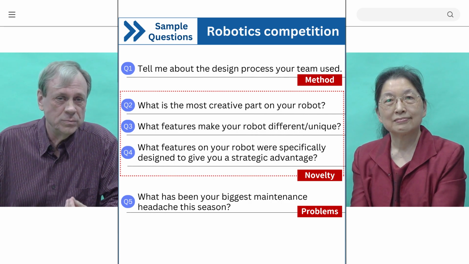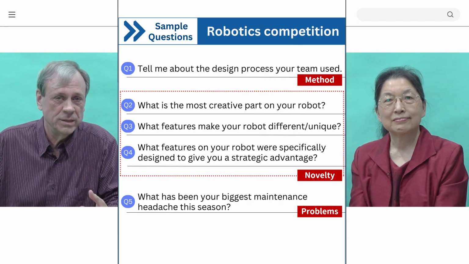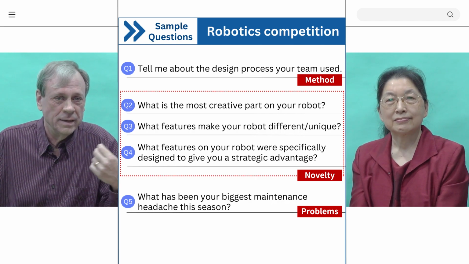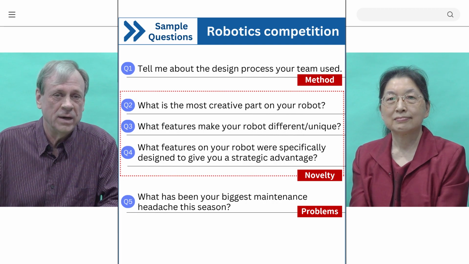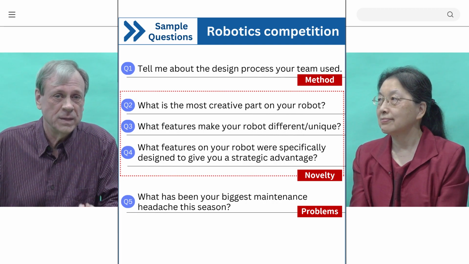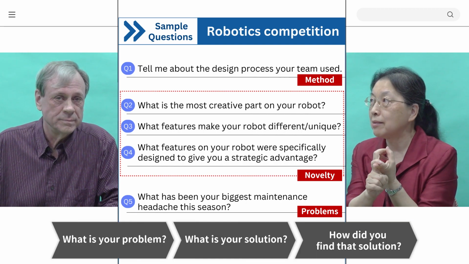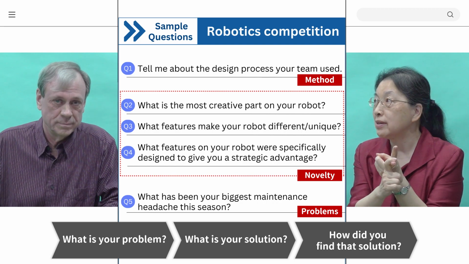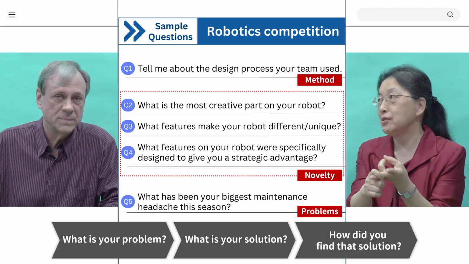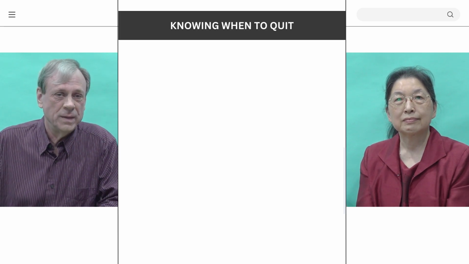And again, most websites, most conferences will have some idea if there's going to be a judging session, and it's not just a standard academic conference, they'll try to give you some clue as to what the judges will be asking. So pay attention to that. In other words, they ask, what is the problem? What is your solution? How did you find your solution? Right. And make sure too that you know how and when to quit.